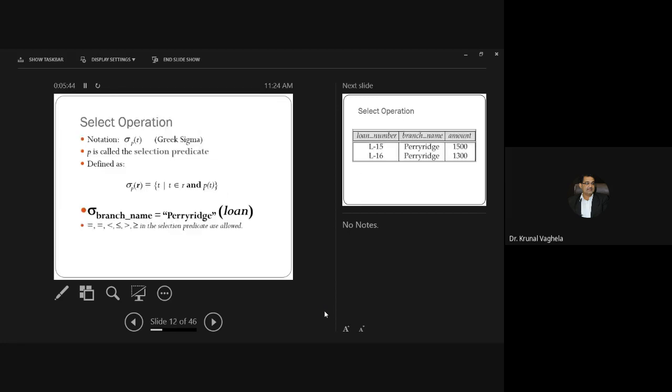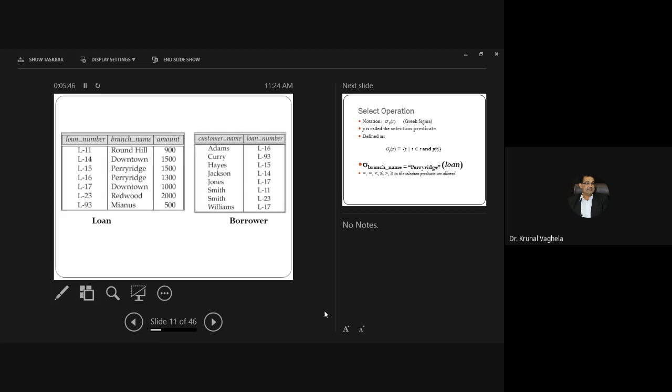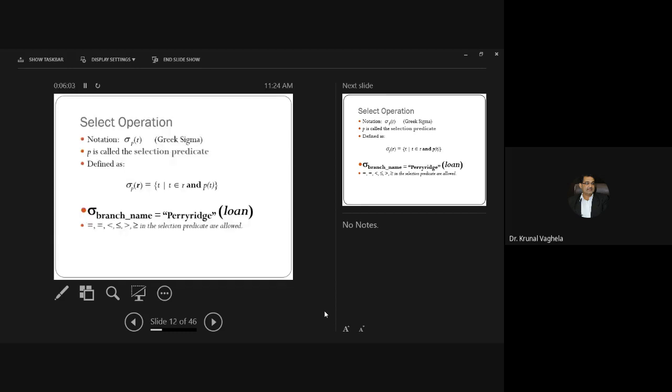Very simple. So it will give you the records where the loan amount is greater than 1300, which are L14, L15 and L23. All three records will come into your output. So this was the select operation.